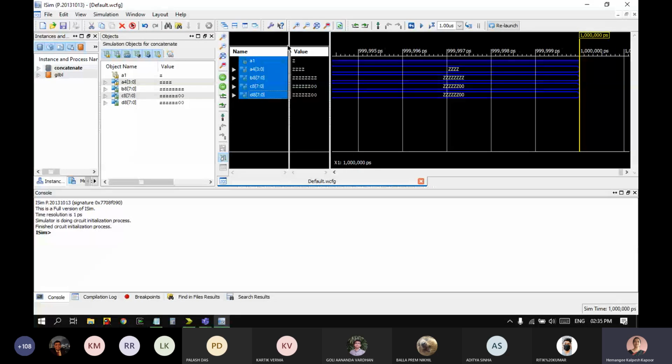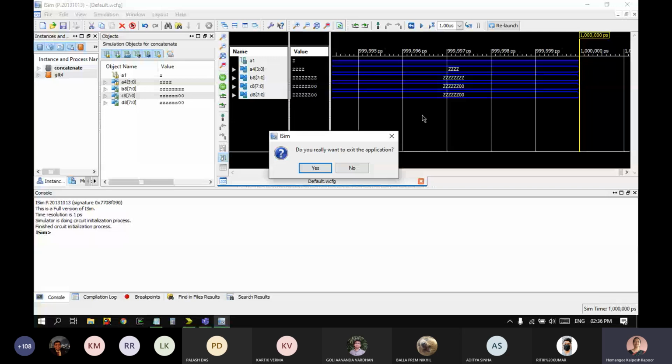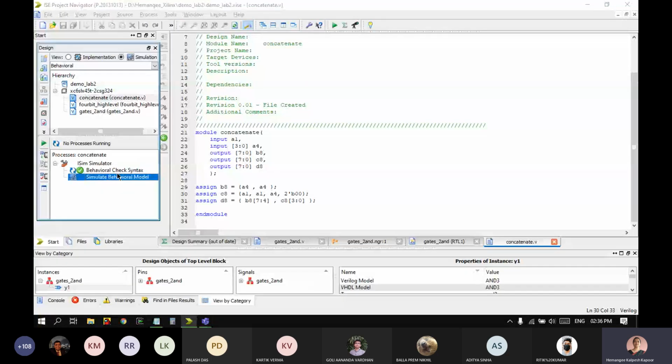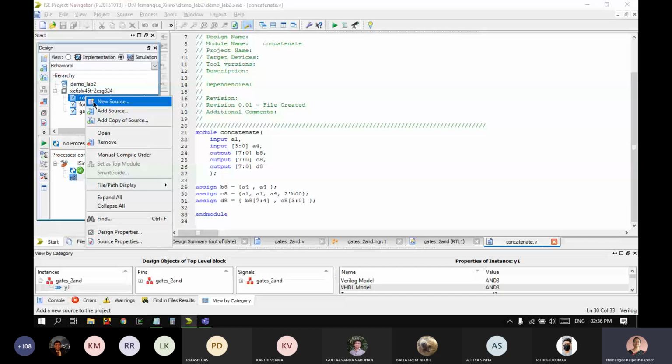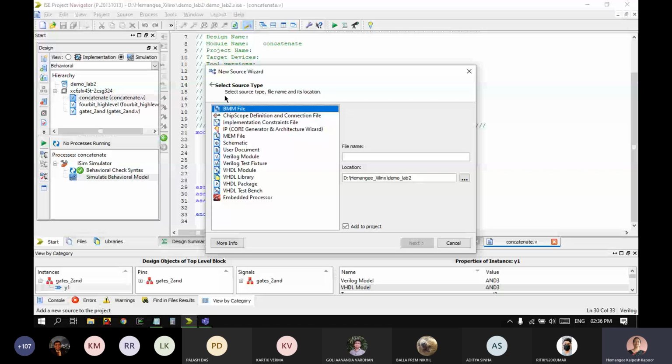Okay, so we can of course go here and do it, but let us first write the test bench because writing here is slightly tedious. So we'll first explore the test bench option. I will close this and add a test bench to my program. Add source and say Verilog test fixture, and then I am adding that for my concatenate program. Concatenate underscore test is the name of my file.